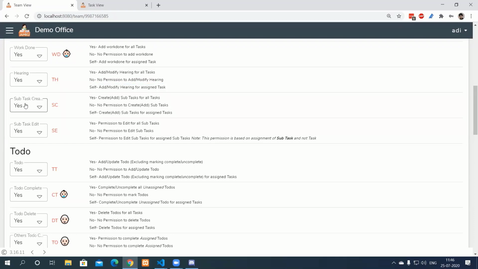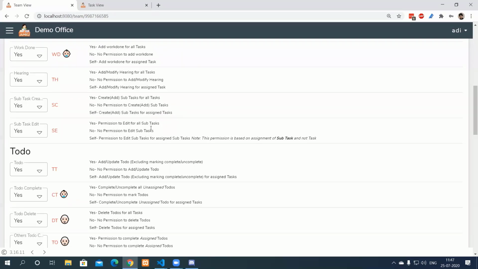Next is subtask create. So in subtask, we have segregated the permission into two parts. One is just to create the subtask. Another one is to edit the subtask. And here, important point to note is that when we talk about creation of subtask, when you assign the permission as self, this gives the team members permission to create subtask only for assigned task.